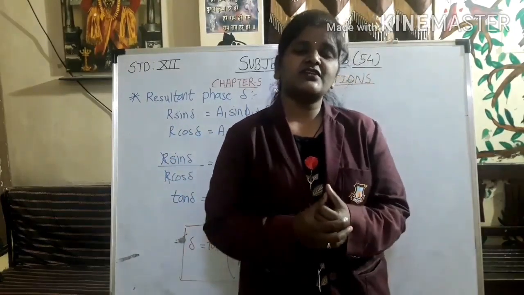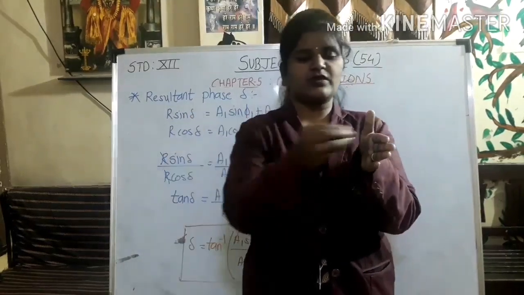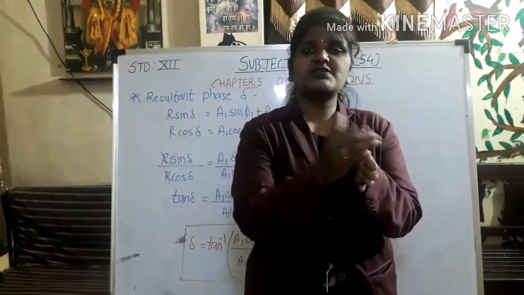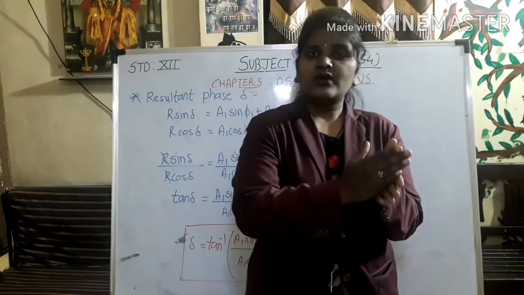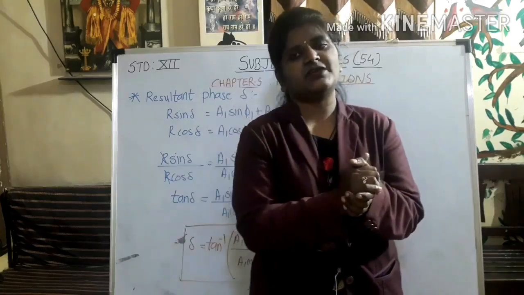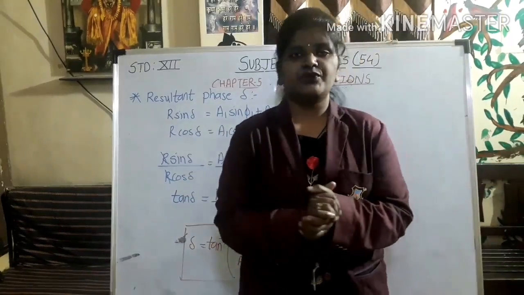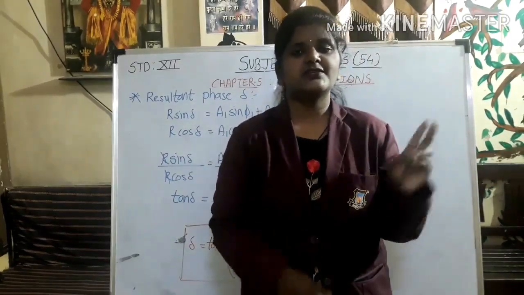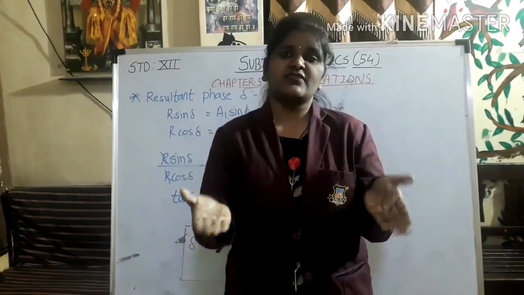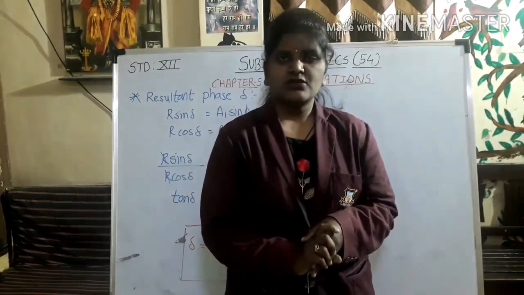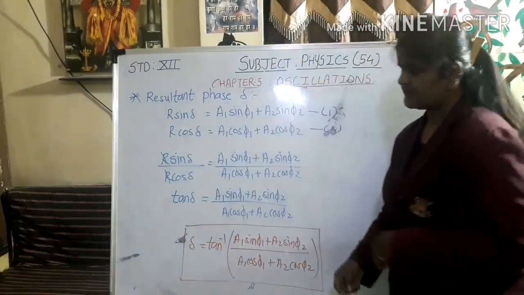So how will the potential energy be created? When the particle is moving continuously, there should be some work done and that work done is converted into potential energy. So this is what we are going to derive over here. First one is kinetic energy and second one is potential energy, and then we are going to add them up. Okay, so let's see what happens.